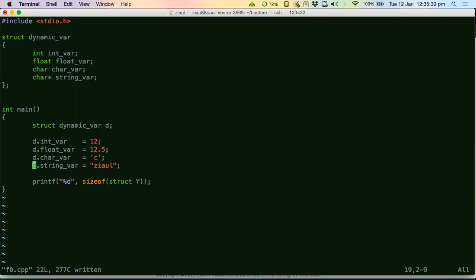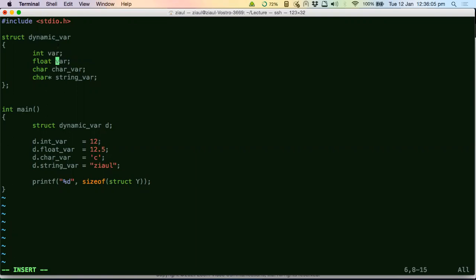What happens if we didn't use the int underscore and float underscore, and just kept it as var? Oh, you mean to say this? Remember what I told you in the last class, you cannot have member variables with the same name, right?